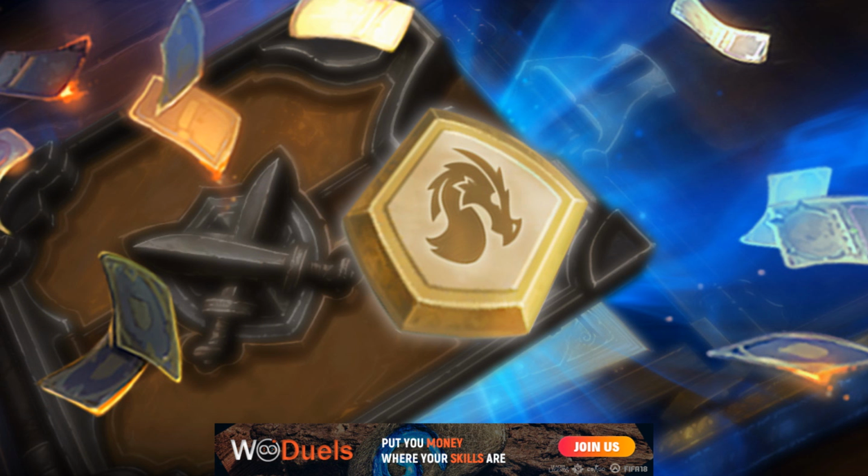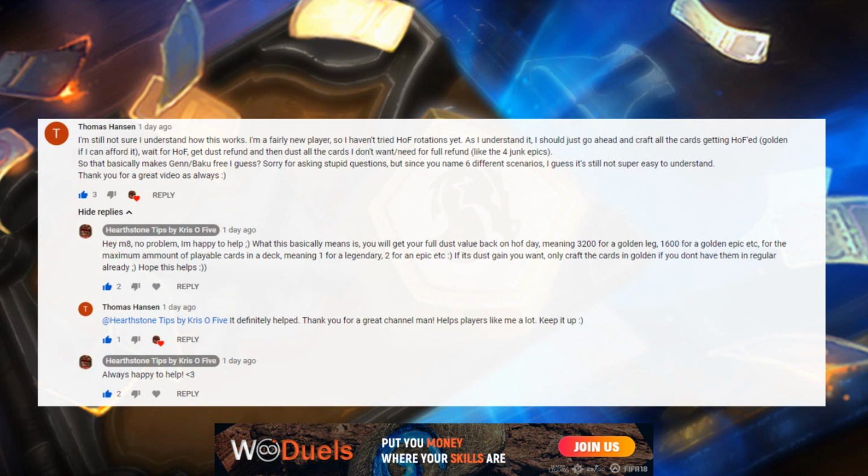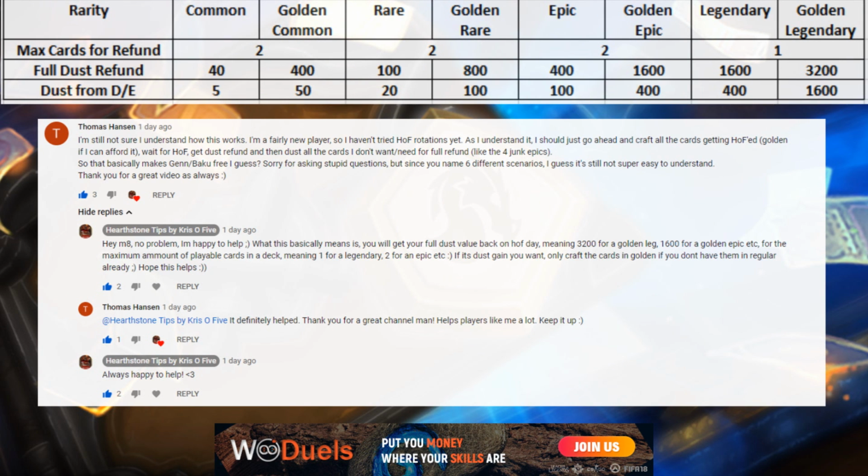Okay, let's discuss your most frequent questions from my last video. If you haven't watched it yet, please do that first, so you have the full picture and you can come back to this later. How does the Hall of Fame work? If a card gets Hall of Famed, you get the full dust value of the maximum amount of playable cards in a deck, which means you will automatically receive the dust value for up to 1 copy of each unique legendary card that is getting halved, and for up to 2 of each unique epic, rare and common cards you